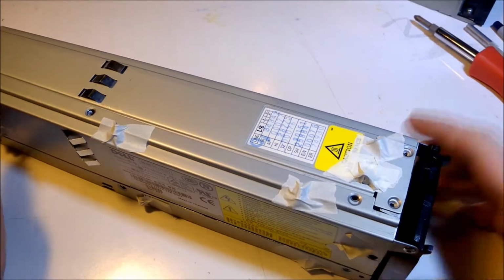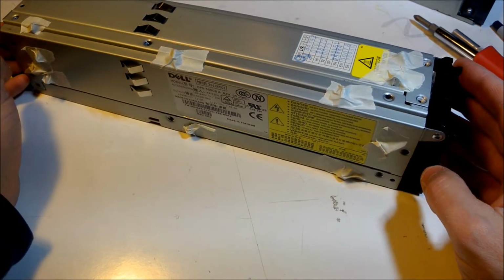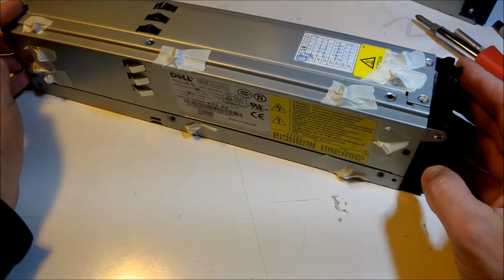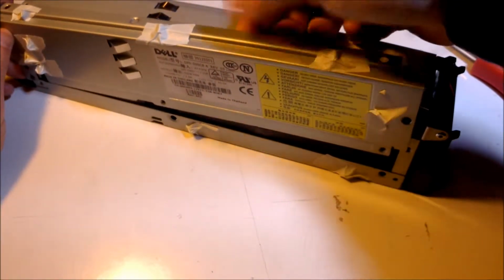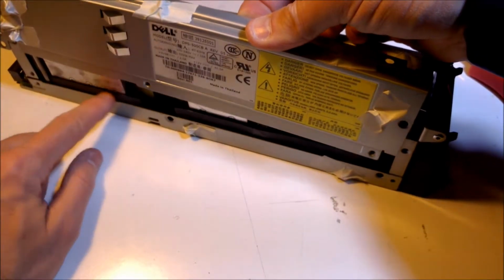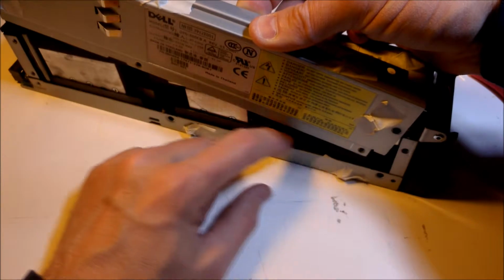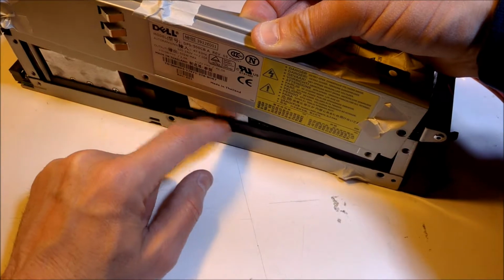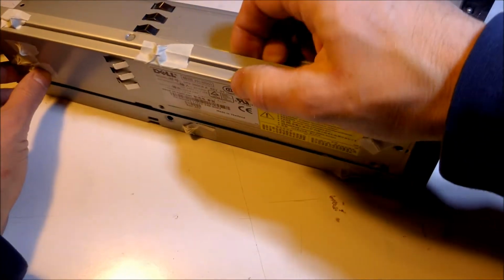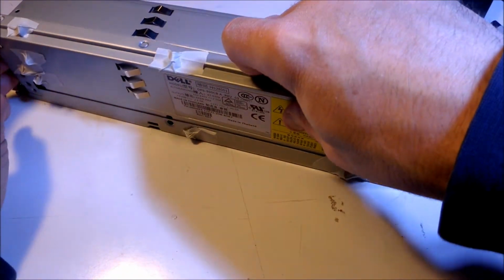Okay, so at this point you can start pulling these covers apart, and you don't need to really worry too much about how it goes together, because it's pretty easy, even if you don't pay attention at this point, to get it back together. The one thing here to notice is that I pulled the side one off first, and there are these kind of gray insulating sheets in here, and this metal flange actually goes between the outside of that and this metal case. So when you put it together, you kind of push it in like that, get it all aligned, and it'll